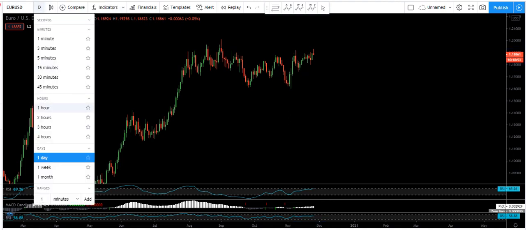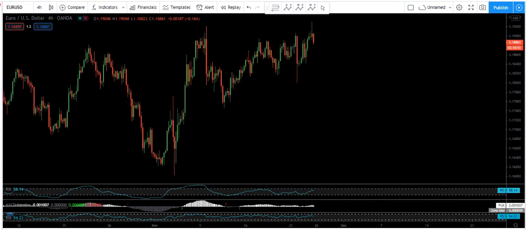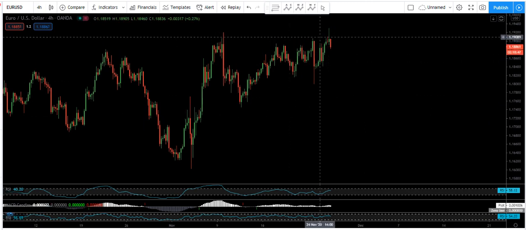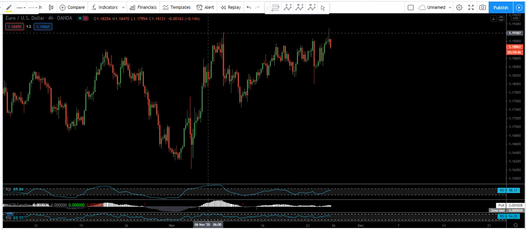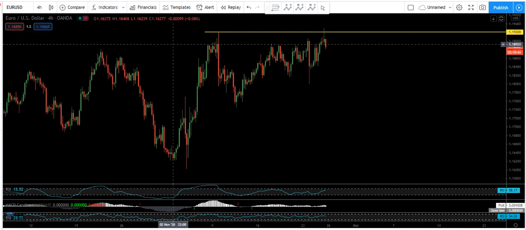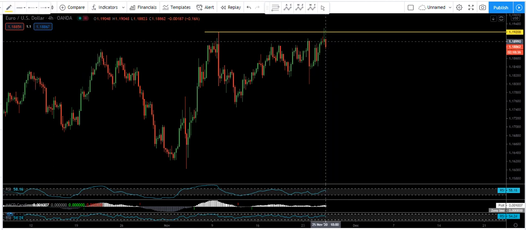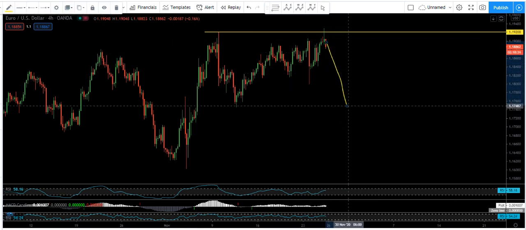In this case I move to the four-hour chart. Alright, as we can see compared to the last video, our last analysis, the price broke this top. Okay, and as we can see the price is dropping here. Now the question, the first thing, can we expect the price can drop to this level